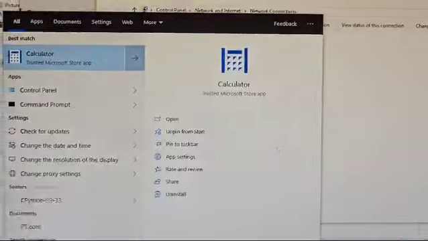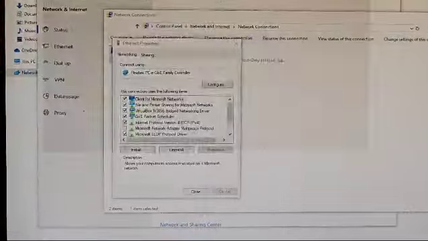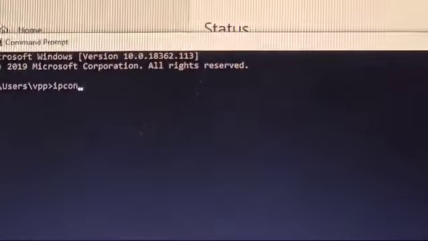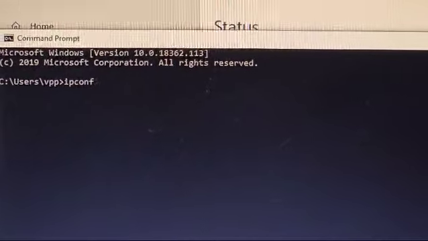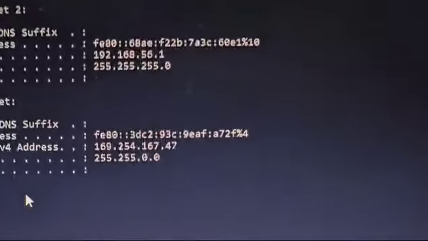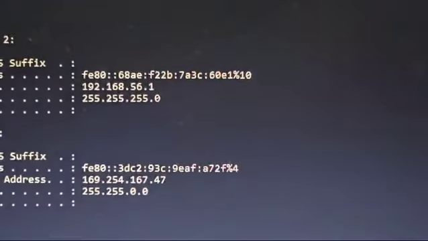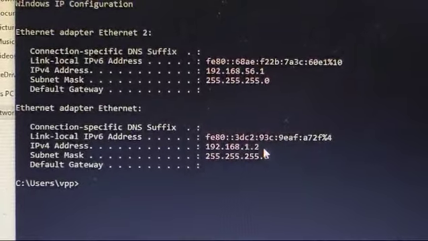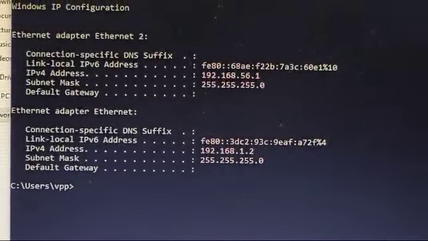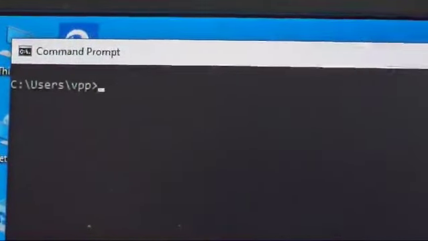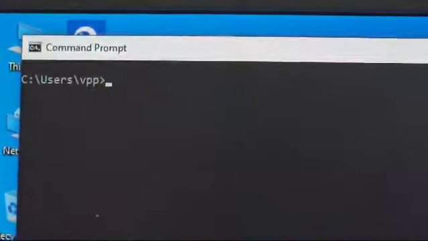Similarly, we can check on the command prompt with ipconfig what the IP address for the second system is. Here you can see the IP address 192.168.1.2. Now we'll see the connectivity between the connected systems, that is, the two connected systems.